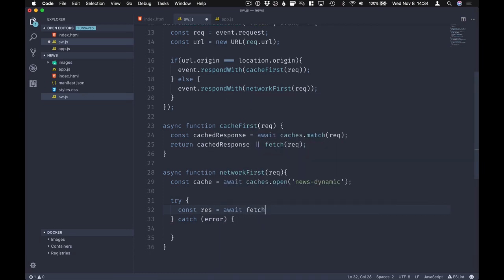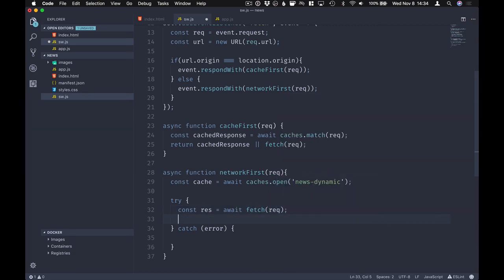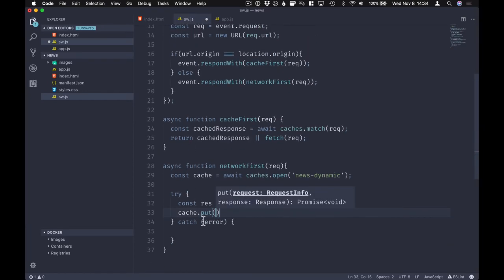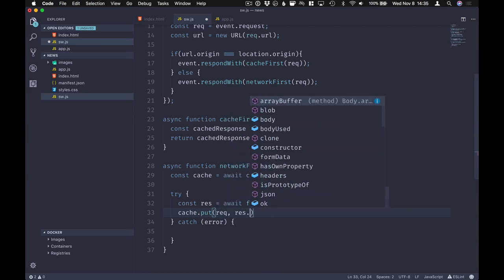So we're going to await the result of fetching the request. If that worked, we're going to first of all store the request into our cache so we can fall back on it later. We do that by just calling cache.put. So instead of cache.add that we used earlier, we're going to use put. This allows us to actually define the request. Using add would go and refetch it, which is unnecessary in this case. So we're going to put the request there as the key, and then we'll do response.clone